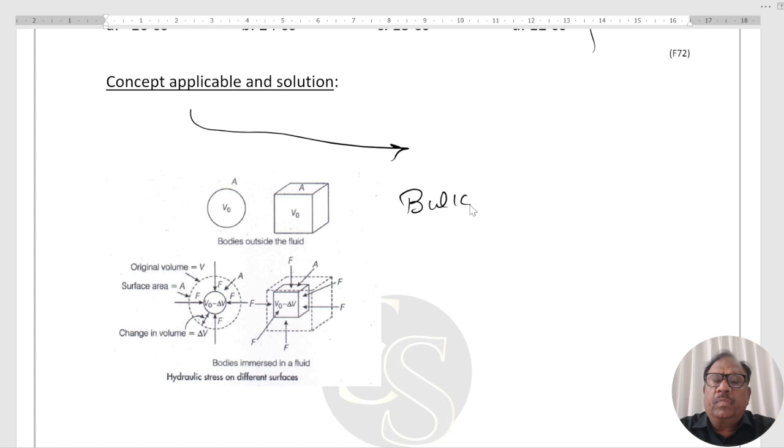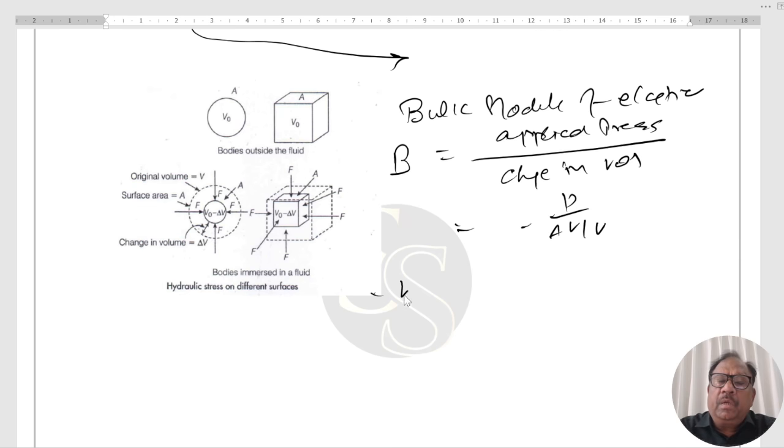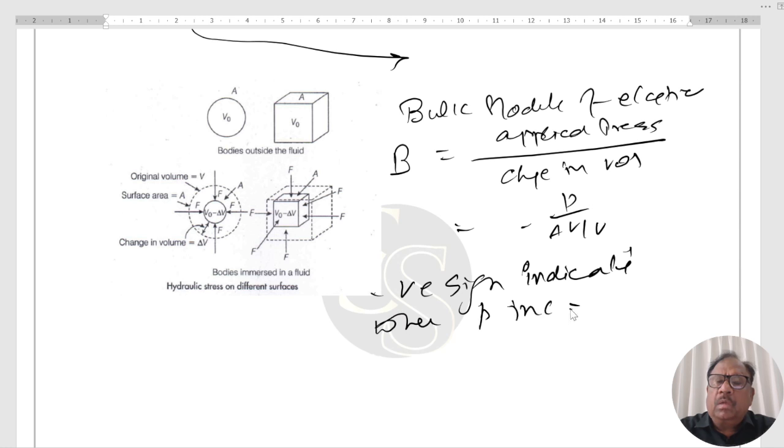Bulk modulus of elasticity, that is B equal to applied pressure divided by change in volume. That is P upon delta V upon V, with a negative sign. The minus sign indicates that when pressure increases, volume decreases. As shown here, this is a sphere, surface area is given, pressure is applied